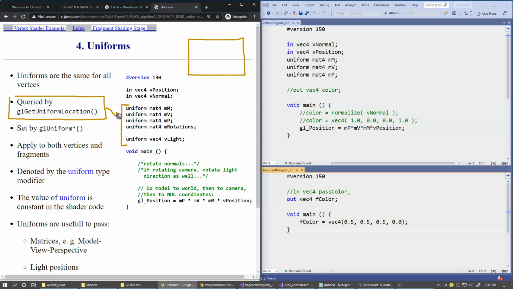So we make a query, so we obtain those unique identifiers, and then using these identifiers of these uniforms in our shaders, we call glUniform with different suffixes corresponding to the data types, and we pass the information and we set them up. So each matrix gets set up like this. Each vector that we want to specify, all of this information is passed by this call to OpenGL,